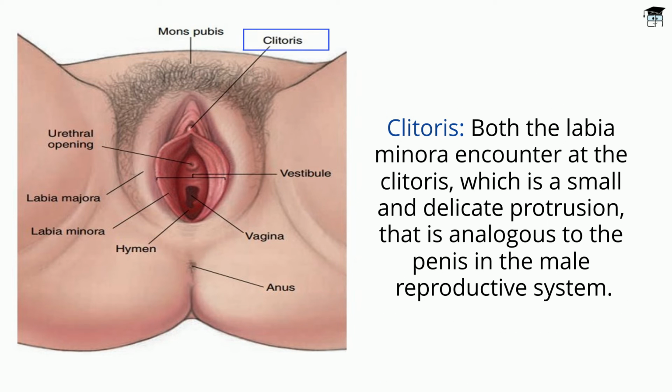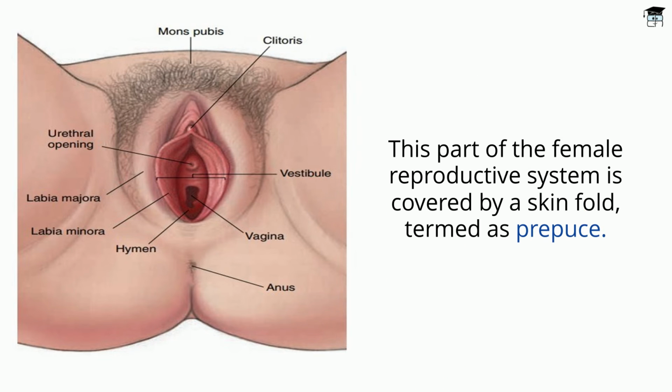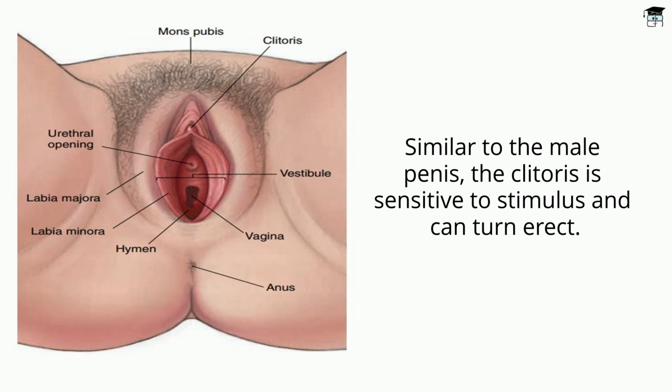Clitoris, both the labia minora meet at the clitoris, which is a small and delicate protrusion that is analogous to the penis in the male reproductive system. This part of the female reproductive system is covered by a skin fold, termed as prepuce. Similar to the male penis, the clitoris is sensitive to stimulus and can turn erect. Apart from internal and external genitalia,